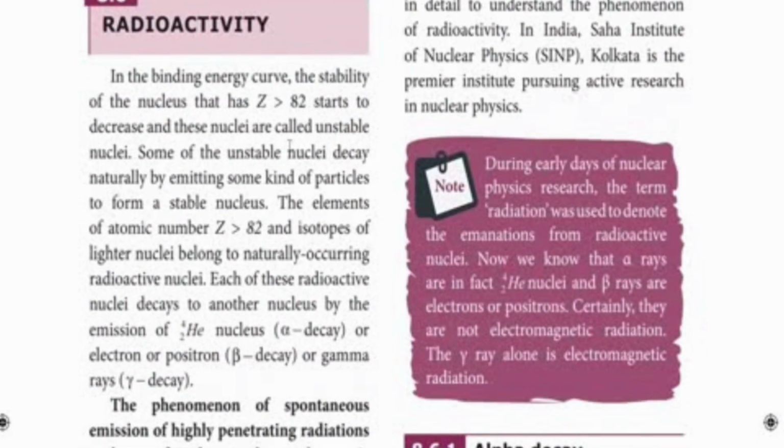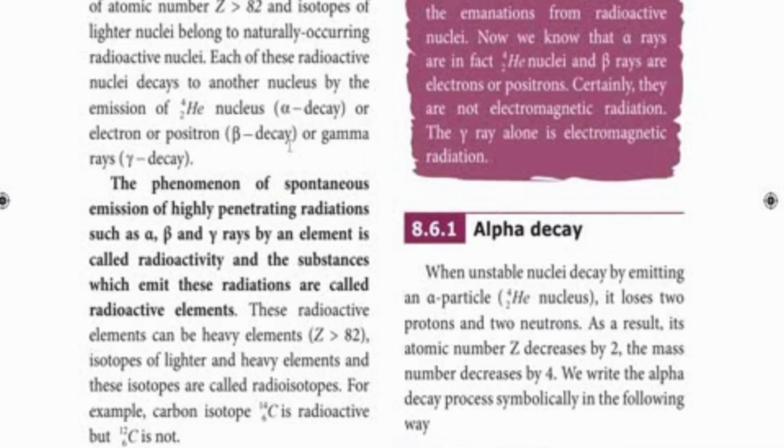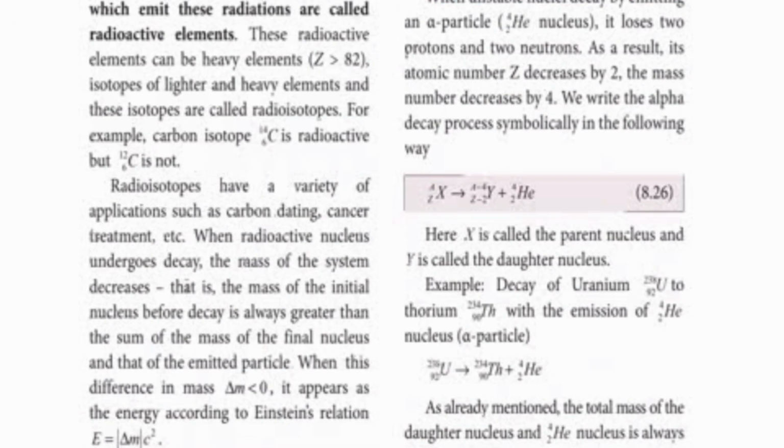Next is radioactivity. We know that heavier elements, with mass number greater than 82, are not stable elements. So they will disintegrate and radiate energy. The spontaneous emission of highly penetrating radiations of alpha, beta, gamma rays is called radioactivity. And the substance which emits the radiation is called a radioactive element. Radium is an example of a radioactive element, and among smaller elements, carbon-14